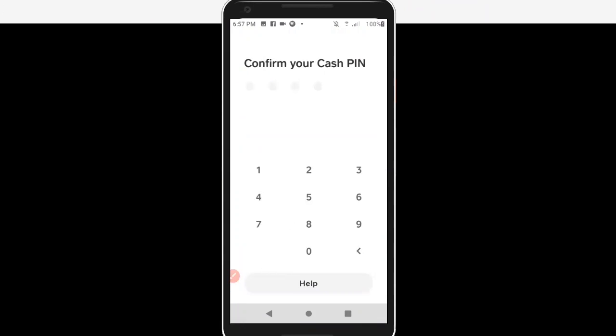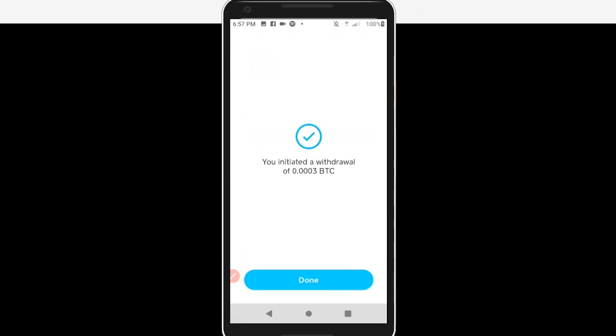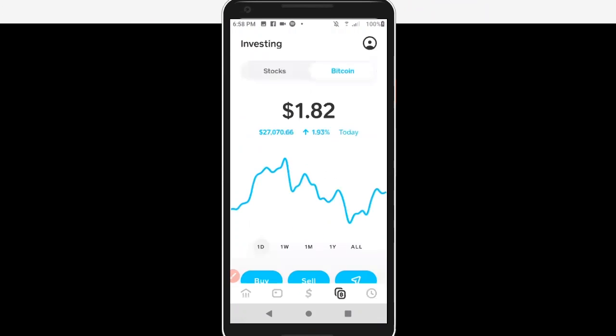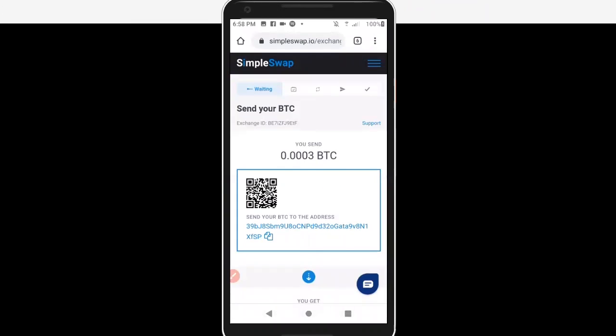And then I'll have to put in the PIN again. It says you initiated a withdrawal of 0.0003 Bitcoin. So then I'll hit done. And now my process is done. So I'm going to take you guys back to SimpleSwap for a second just to explain something to you guys. Okay, so right here